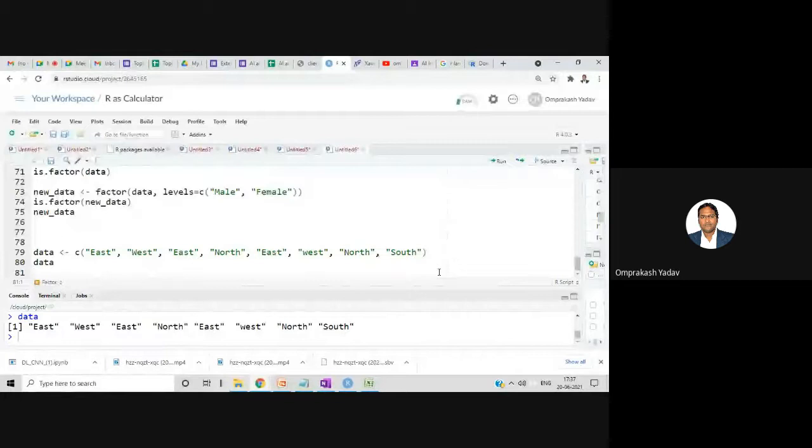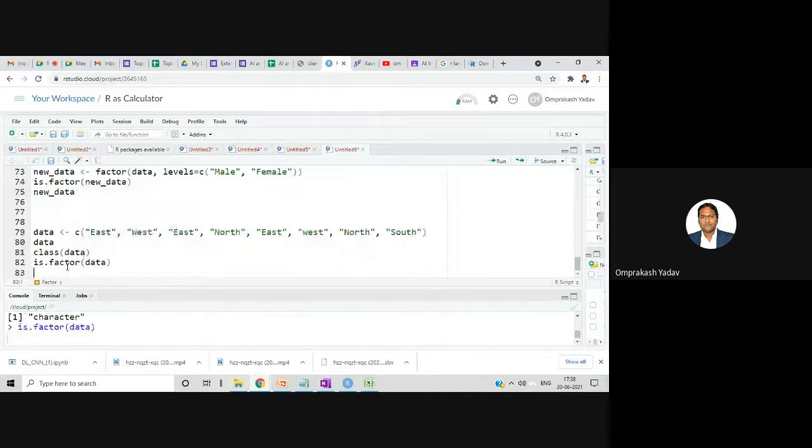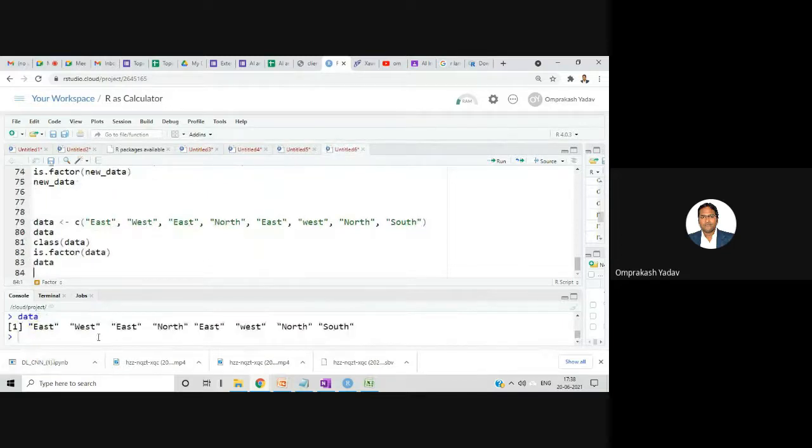Now, if you write class(data), it's showing me character data. Obviously, it's a character vector, and if I check is.factor whether this data is a factor, it's telling me false. If I display the data, it shows east, west, east, north.